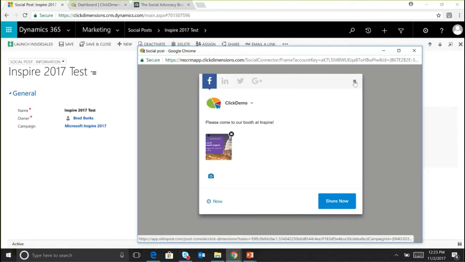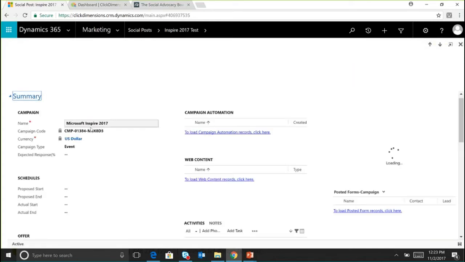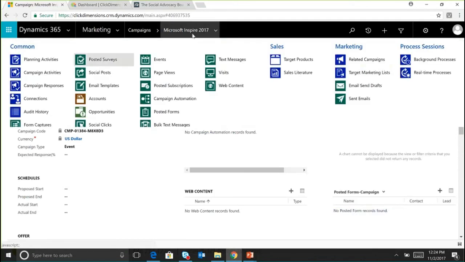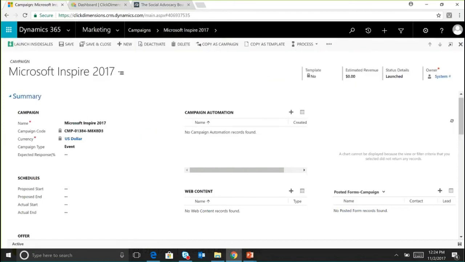And so that's going to allow a salesperson to reference all of that information there. So being able to post that out, schedule it, post it maybe in advance, and then go ahead and track this at the campaign level. So at the campaign level, now I'm going to be able to go in and look at all of my social clicks, all of my conversions,